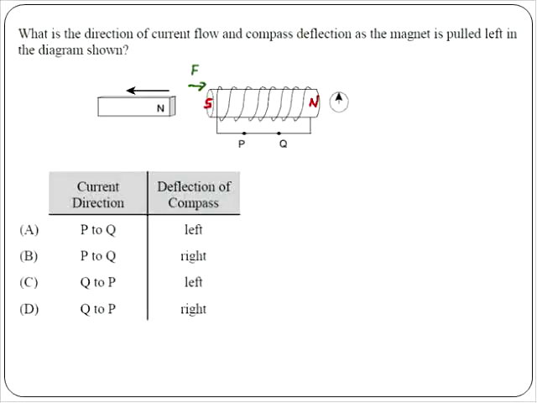Okay? So in other words, let's do the current first. The current in the coil, if there's a North Pole at the right, like that, would have to move up the front and down the back. So up the front, like this, and down the back, like this. So that tells us that current is flowing from Q to P. So right away I can eliminate those. So I know it's from Q to P. Now,